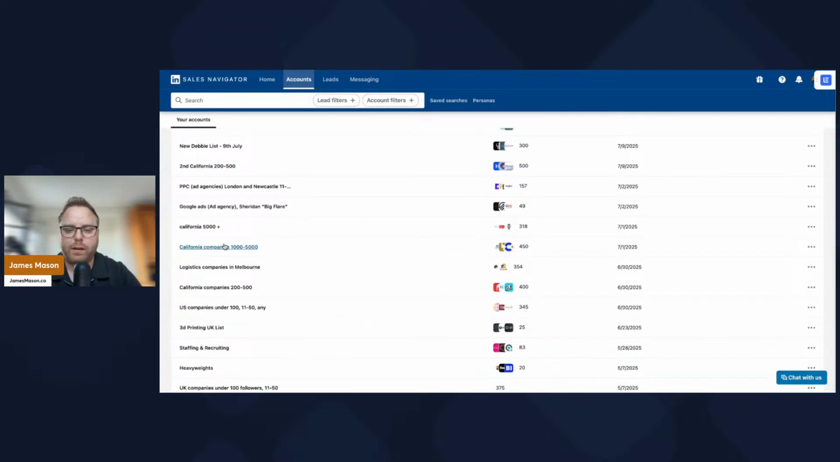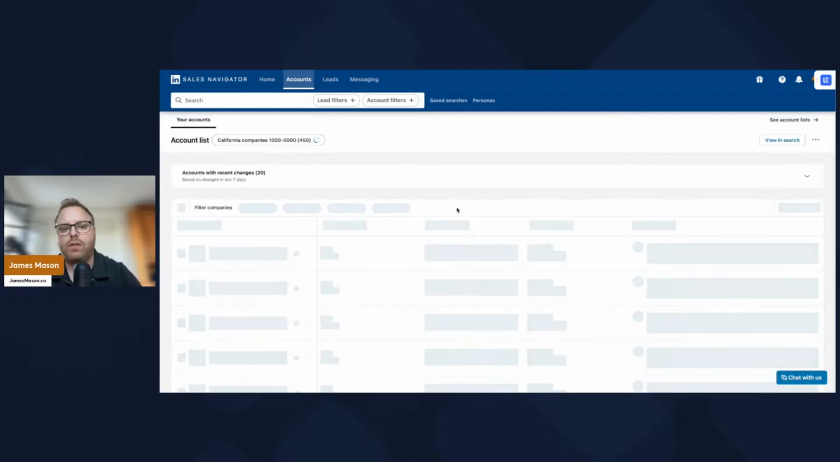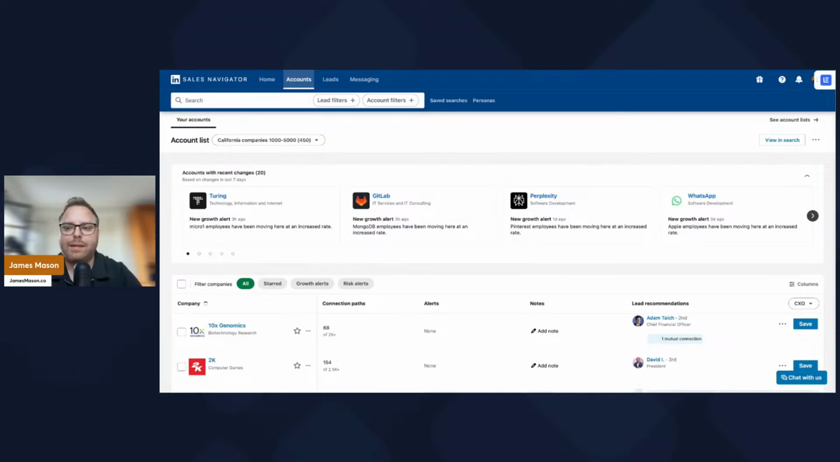So I'm just going to pick one of these lists here. I'm trying to go after one with some size. This example, we have a few options, but let's click this one. So when you save these companies, LinkedIn will continue to track them for you. And this is where it gets fantastic. Not only does it start recommending you companies that are similar, but also the changes that they've recently made,